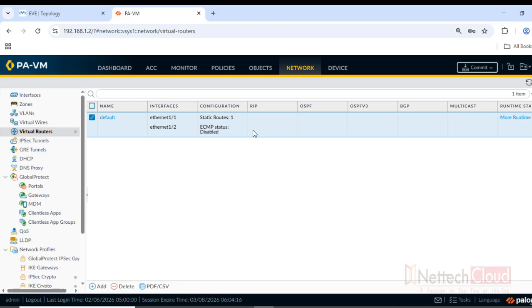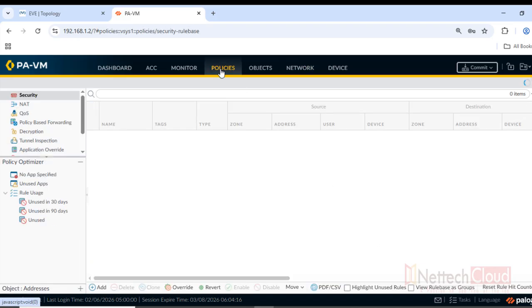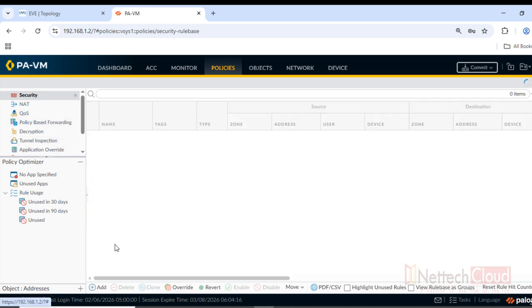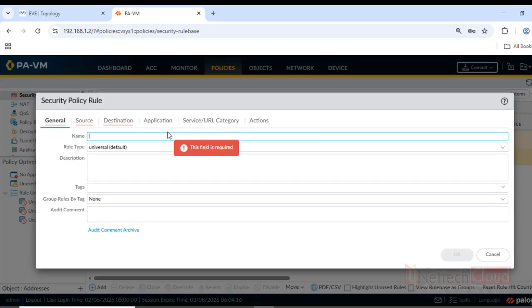Route. Next step, creating policy. In Palo Alto firewall, there are two implicit security rules or security policies. One is intra-zone default, which permits intra-zone traffic. Inter-zone default is another security policy created by default, which denies all inter-zone traffic, meaning traffic between two different security zones, right? So we are going to create a new security policy, add, and I will name it from LAN